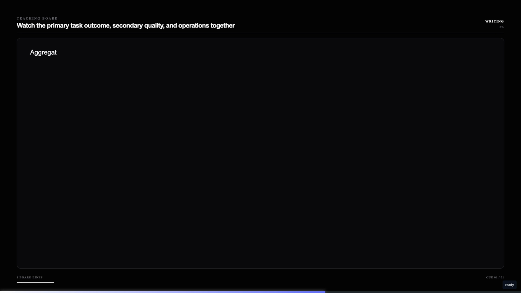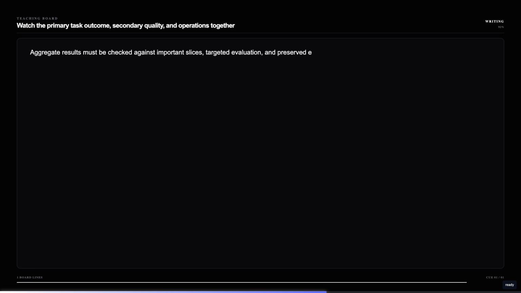Use aggregate and slice-level views because a candidate can improve broad search while degrading an important class, such as no-result queries, ambiguous addresses, or listings with incomplete metadata. Human review and targeted evaluators remain necessary for failures that automated success signals cannot reliably observe. Preserve the underlying trace. Treat an LLM-Judge's rationale as an evaluation record, not proof of correctness or private reasoning, and label the judgment as an instrument with known